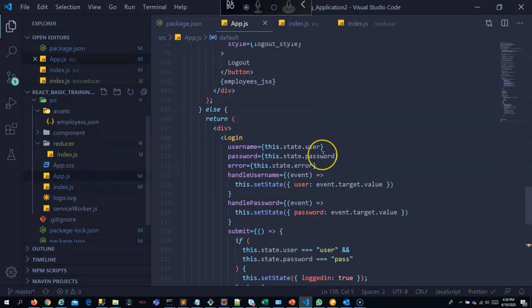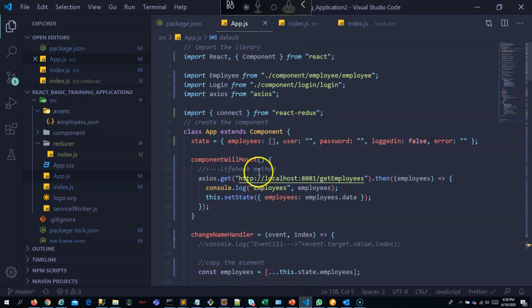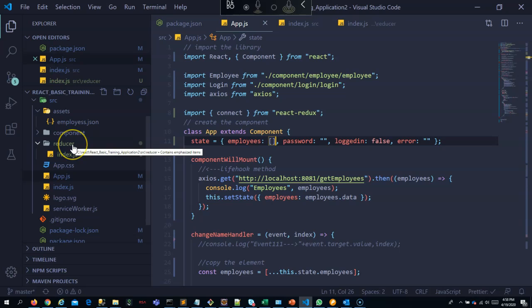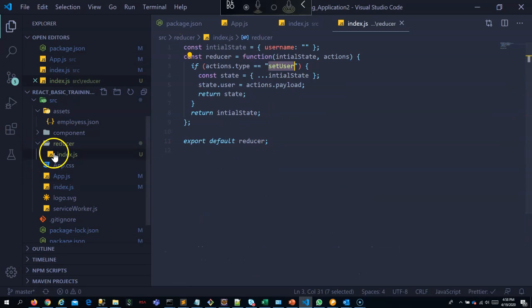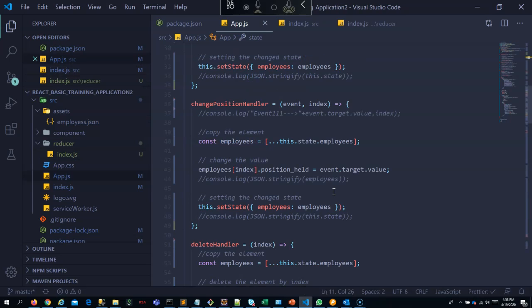Let's start with changing the username alone at first. Right now the user is maintained in this component. I will make this user not available in the local state; I will make it available in the store now. So for changing the state in this reducer, what do you need to do? You have to create an action for that, and make it called from the app.js